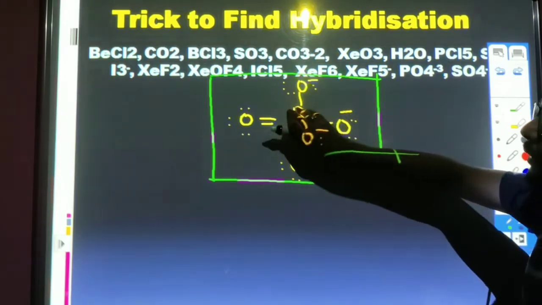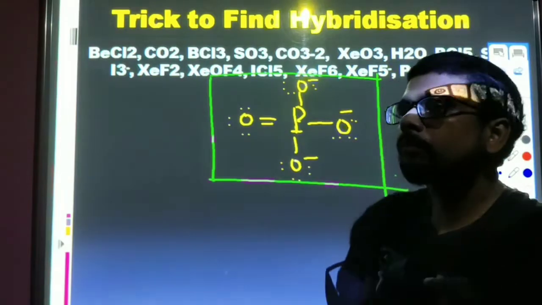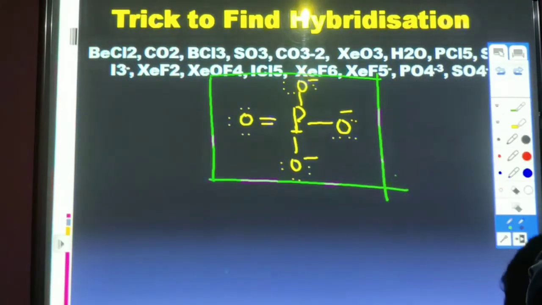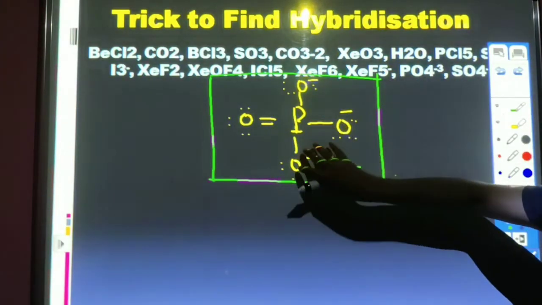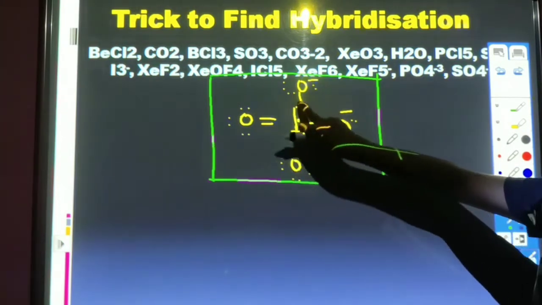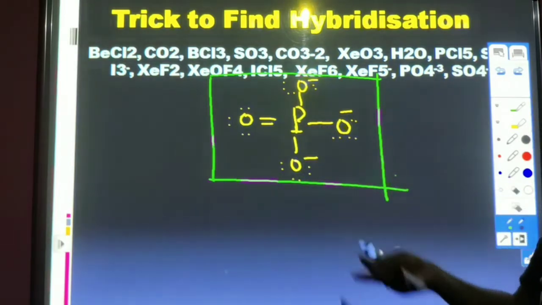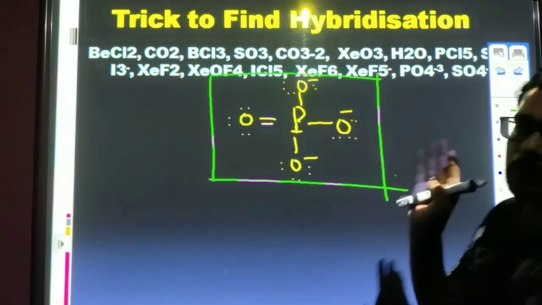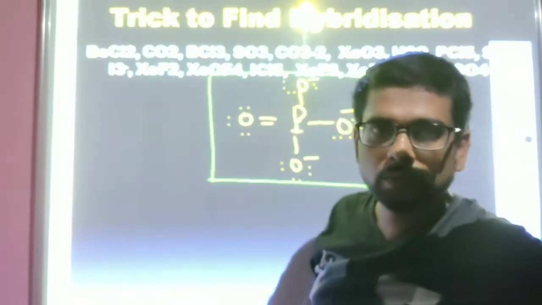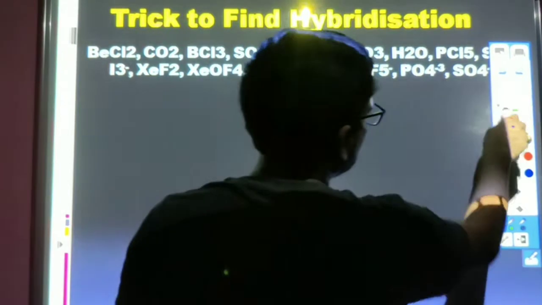So please go through it, and if you go through that video, I hope that you can draw any Lewis structure. And if you draw the Lewis structure, then from that Lewis structure, just by counting single bonds, meaning sigma bonds, and the lone pairs of electrons, if there are lone pairs, you can do the hybridizations also. Okay, the last one is SO4 minus 2.